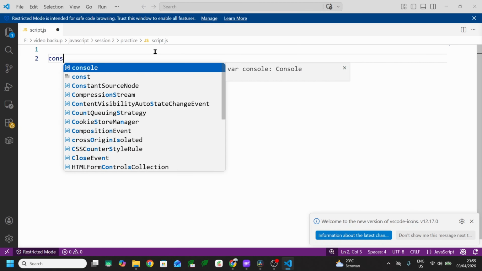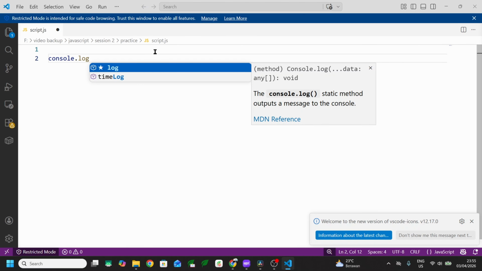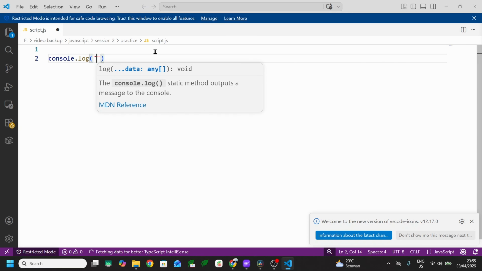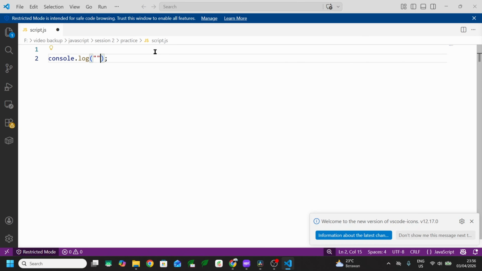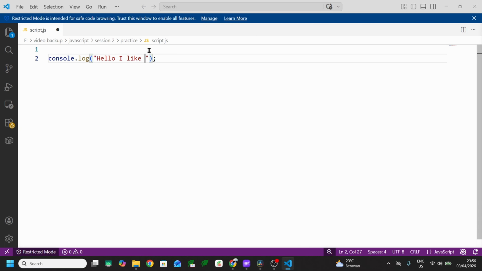And please type console.log, parentheses, double quotes, semicolon, for example, hello, I like the JavaScript programming language. I will make a simple example like this.